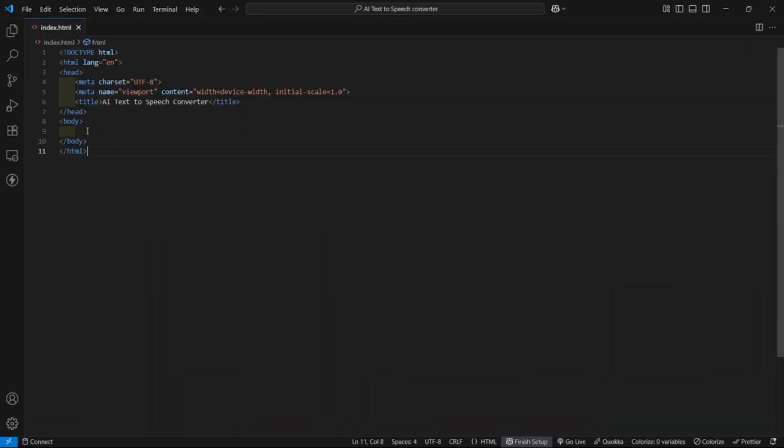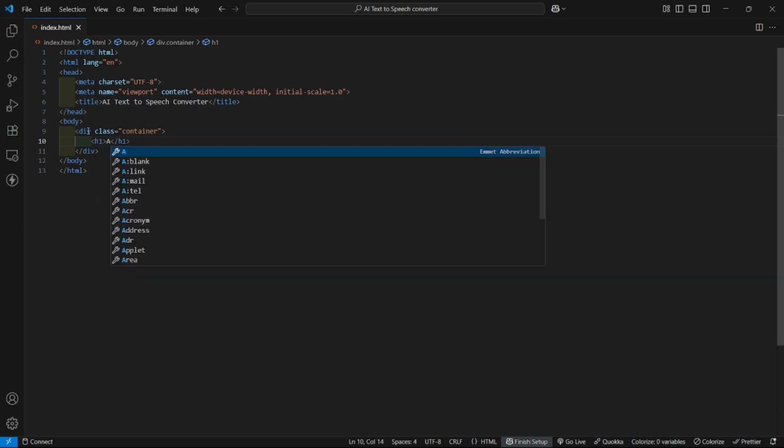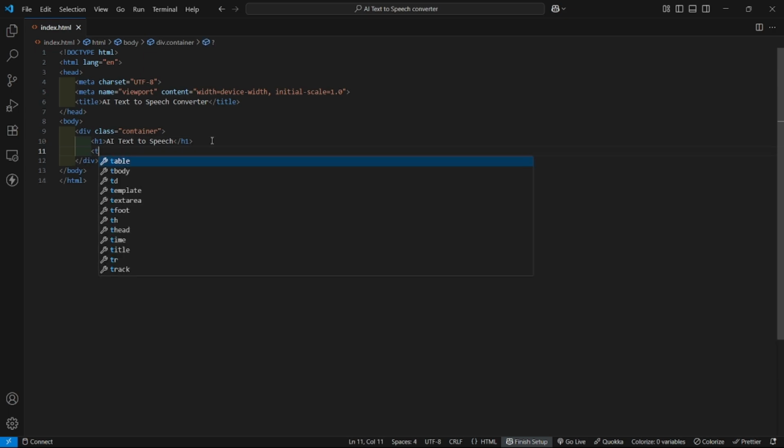So here I have already created this file and add this piece of code so that we can save a little bit of time. So let's get started with the HTML. So first we will have one div with class container, and inside this div first we will have one heading which will say AI text to speech, and after this heading we will have one text area